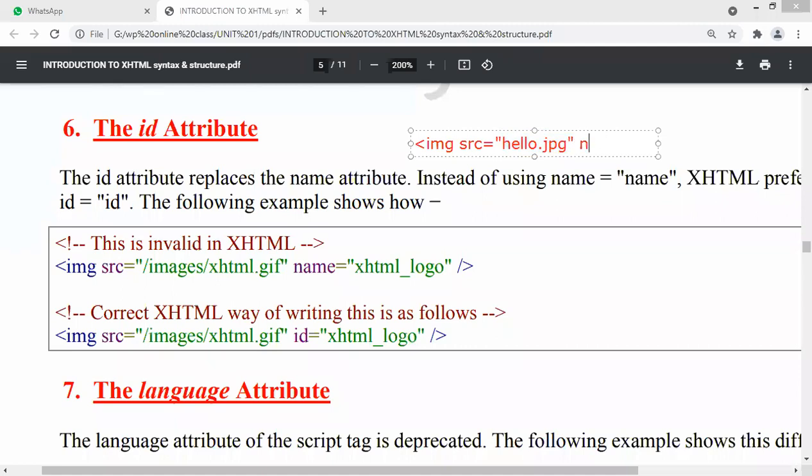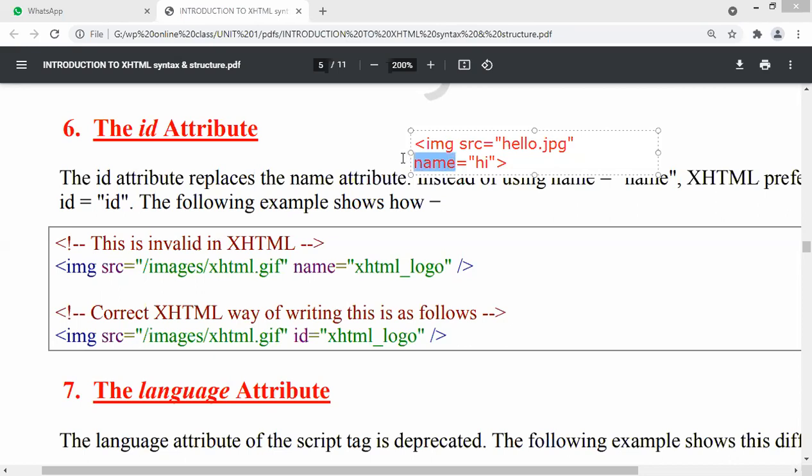And I want to give one more name here. Name is equals to, for example, hi. The name of the file is hello.jpg, and the name which I want to give to the image is hi. Clear to you?